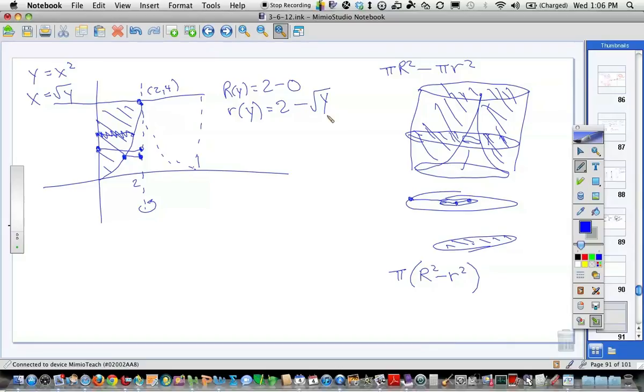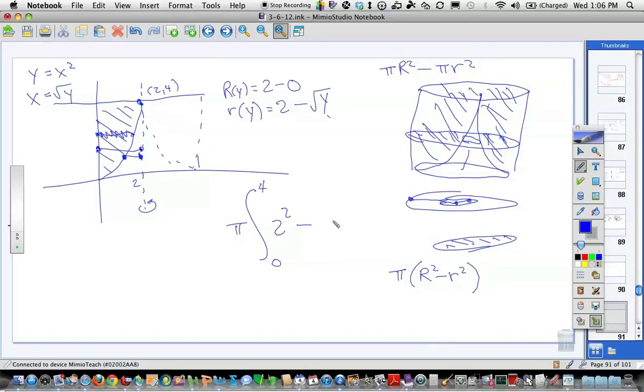Again, right minus left. So what's my integral? Well, the strips, again, same thing as last week. Strips fill the space from 0 to 4. I'm going to pull that pi out to the outside. Again, what am I doing? Over here on the board, I'm doing area of the slice. So I'm doing the area of the ring. That's pi times big R squared minus little r squared. That's this part. The dy is the thickness. Area times thickness gives me volume. The integral adds up all the slices. So what do I got? I got big R